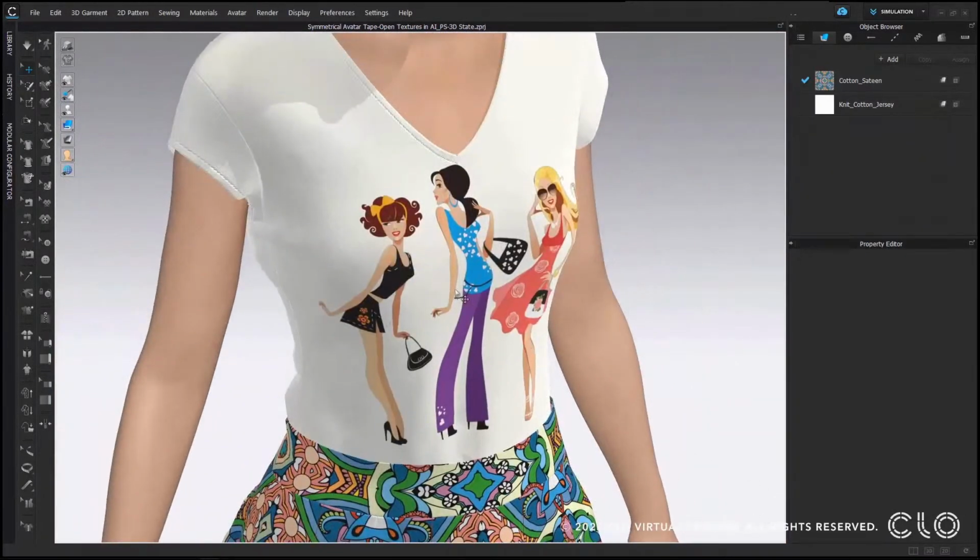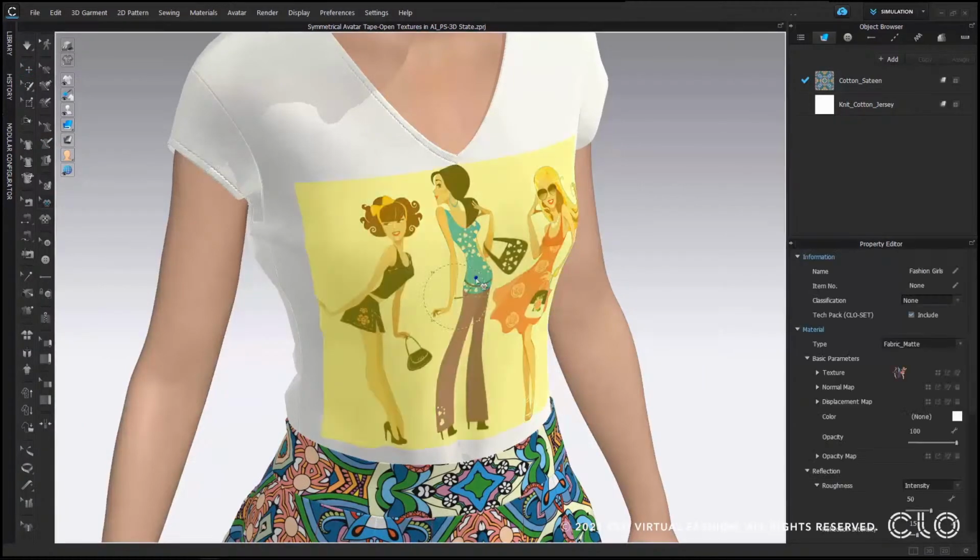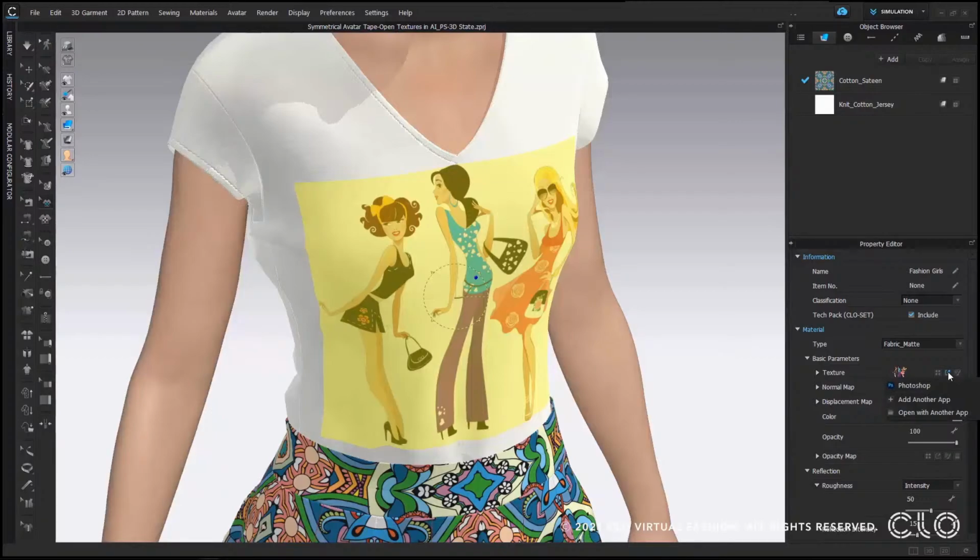About the t-shirts with the AI files or the placement prints, let's use the Transform Graphic tool to select the graphics, and same next to the texture image under the Property Editor. Let's open it by hitting the icon, and let's open it with another app, which is